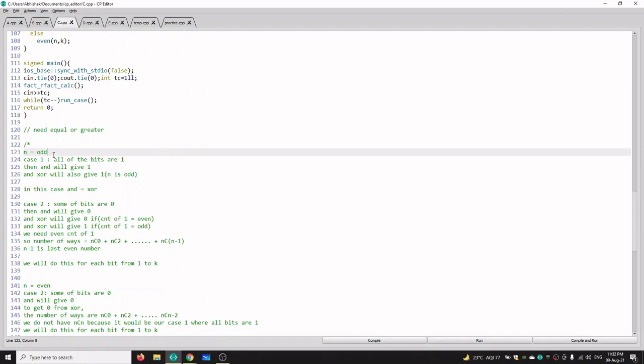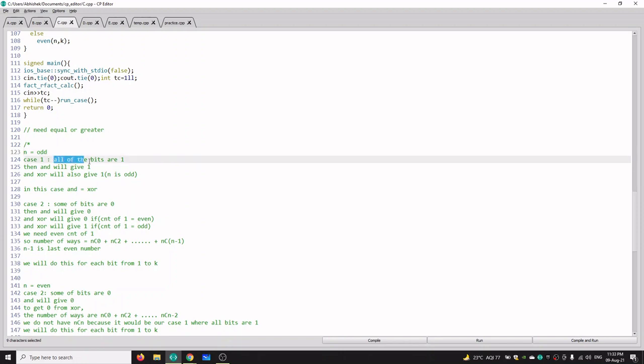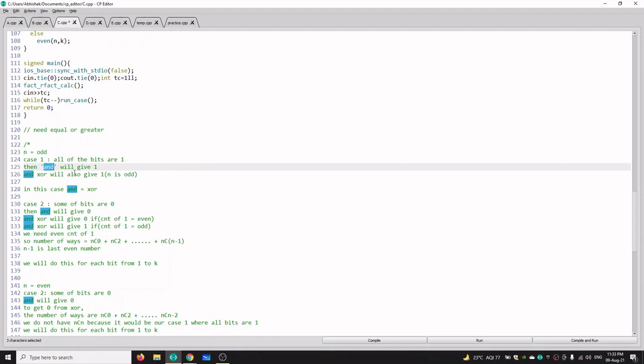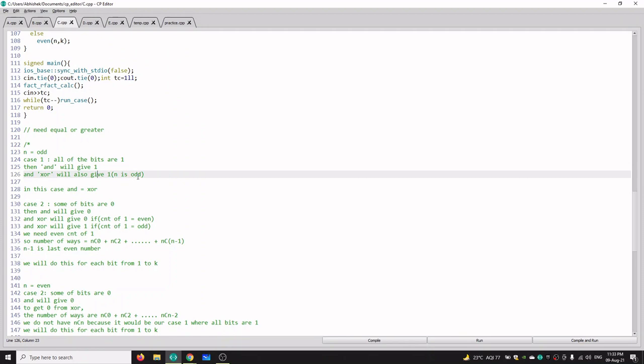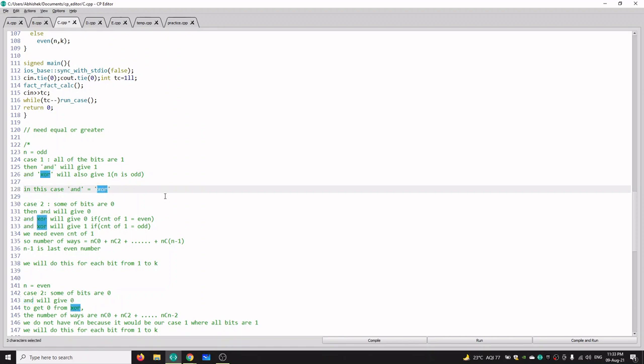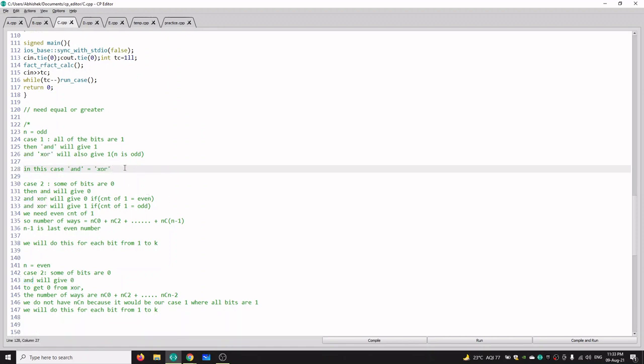In case 1, if all the bits are 1, then our AND will give 1 and our XOR will also give 1 because n is odd. So in this case, our AND is equal to our XOR, and we do not need to worry in this case.